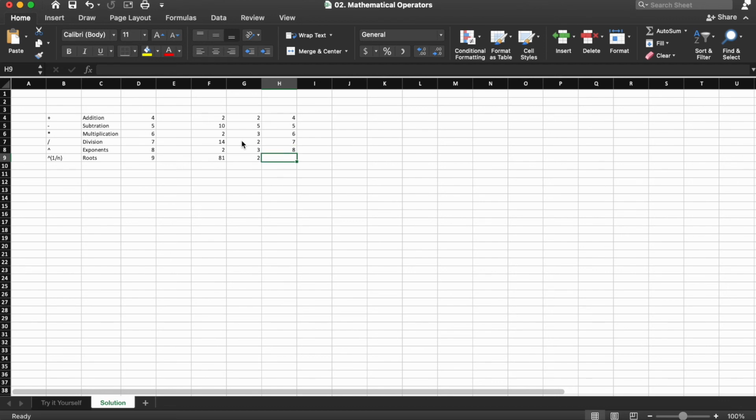And then finally, we're going to take the square root of 81, and so we'll do equals, and we'll select cell F9, and then caret symbol, open parentheses, 1 divided by the value in cell G9, close parentheses, and we get the number 9 in cell H9, which matches what we have in D9.